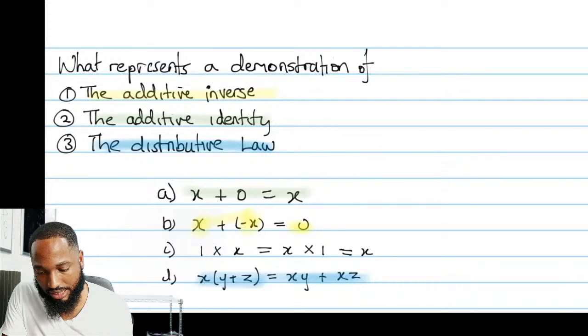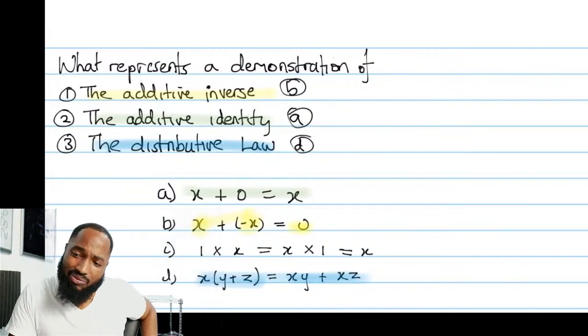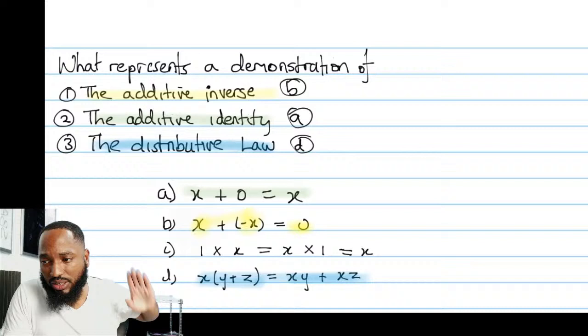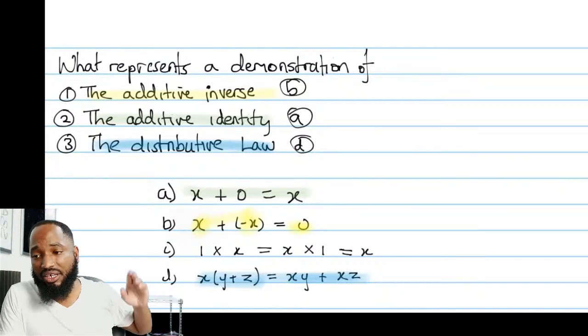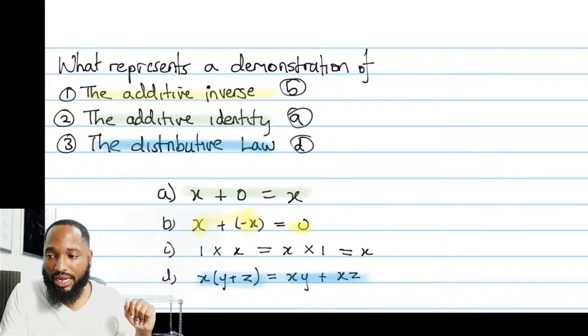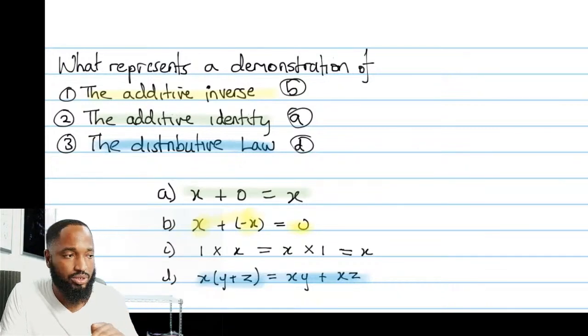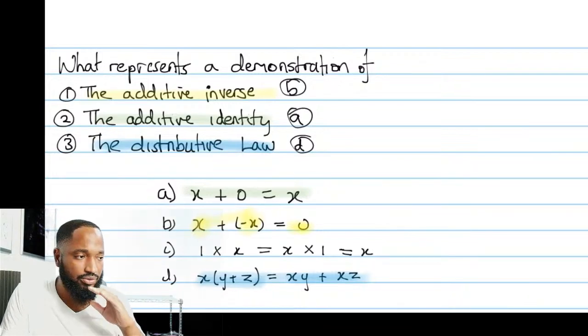Let's put the letters A, B. So this is like a 2 marks or a 1 mark lock. They must ask you some ridiculously easy question involving this. Lock that mark. I don't think there are any real tricks in this. Just memorize it. They could use X, or they could use A. They could use a number like 3, 4, 5 plus negative. They could use something like that just to show that you understand what the inverse and identity laws talk about, additive and multiplicative.